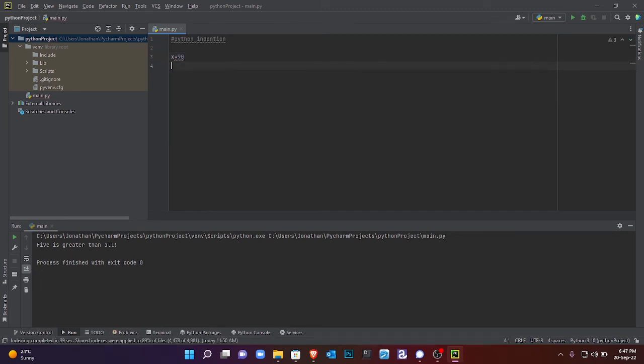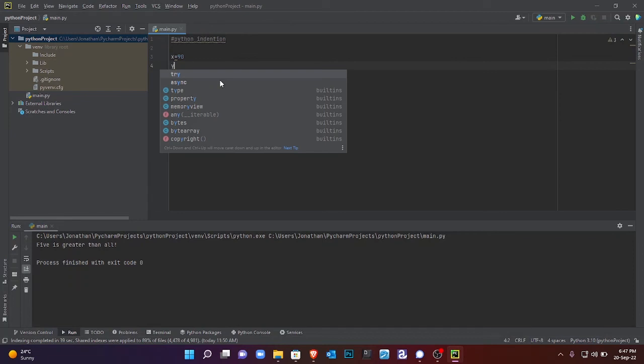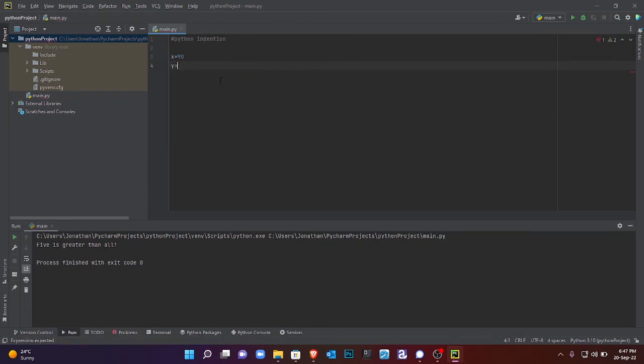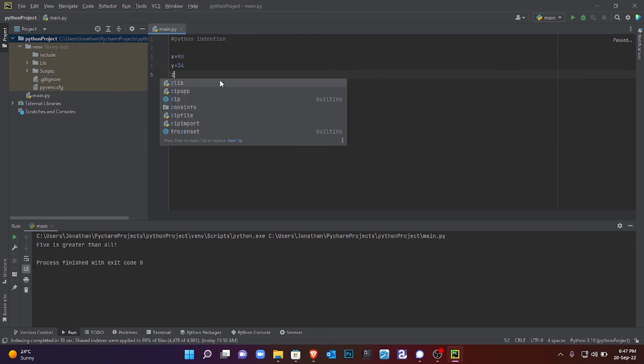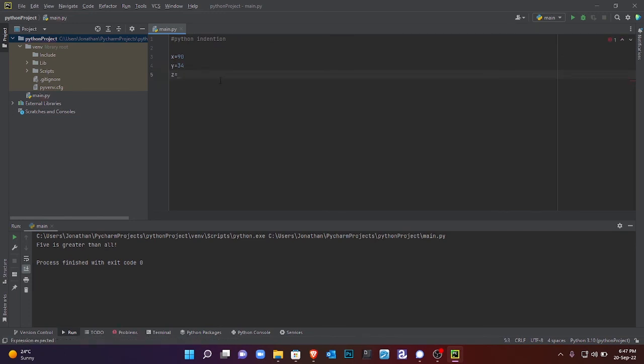I can say y is equal to 34, and I can also assign a string. So z is equal to, and our strings come in double quotes. So this is the value. Let's say you just won